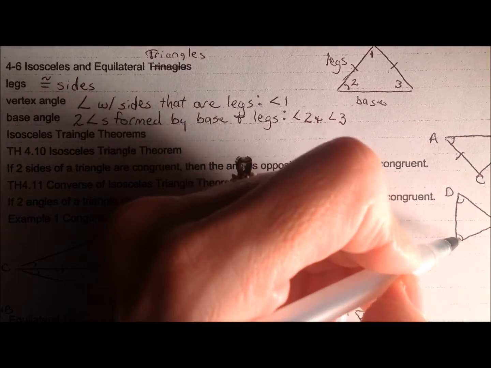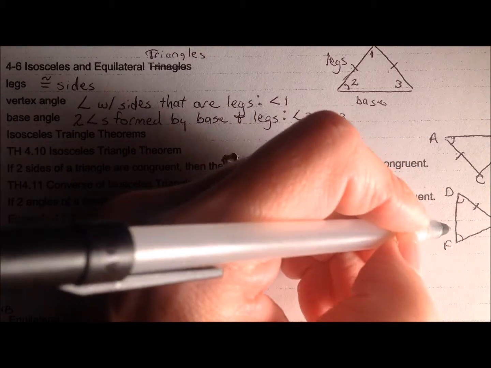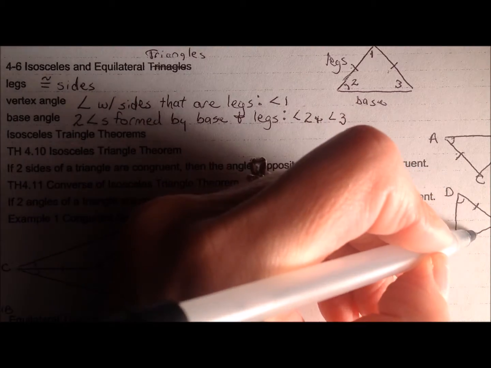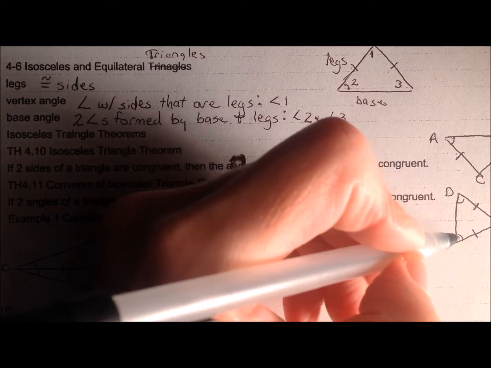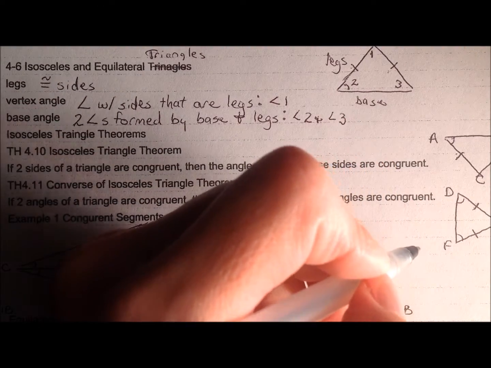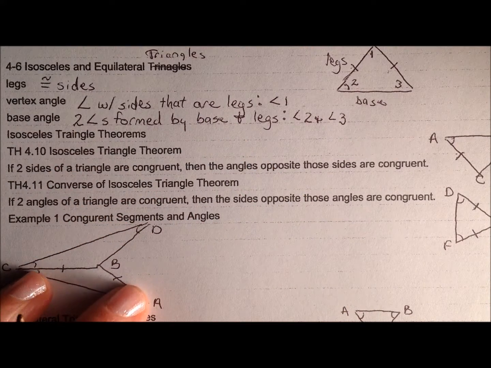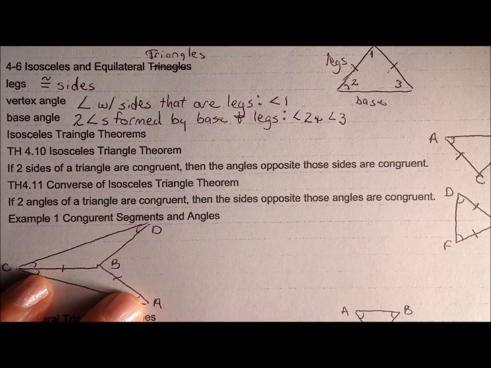So here we have our congruent angles. So the sides opposite them, the side opposite F and the side opposite angle D are congruent, and we have an isosceles triangle. Looking at example 1 here, we have these two triangles side by side. And what it wants us to find here are the angles that are unmarked and congruent and the sides that